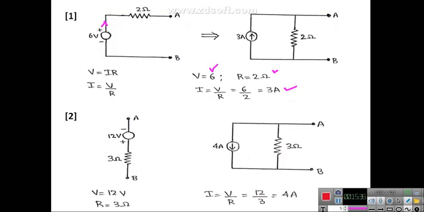To convert this voltage source into current source, you have to make use of the same formula, I is equal to V by R. In this given network, V is equal to 12 and this resistance is 3. So you will get 4 ampere. This is the magnitude of the current of the source, and for the direction of this current, you just look into this. So the polarity is this.